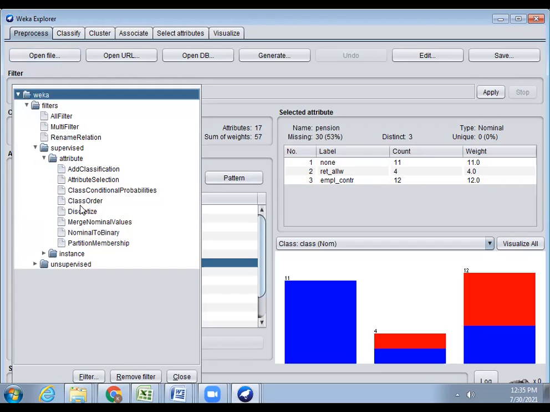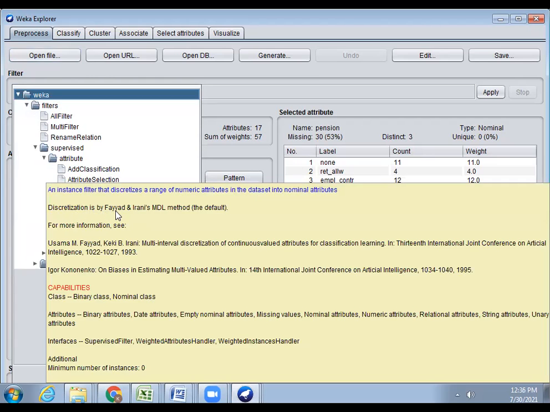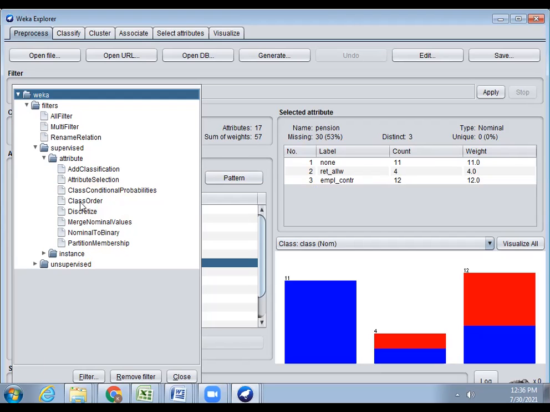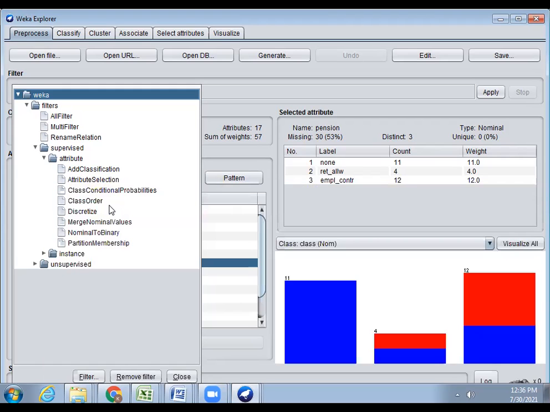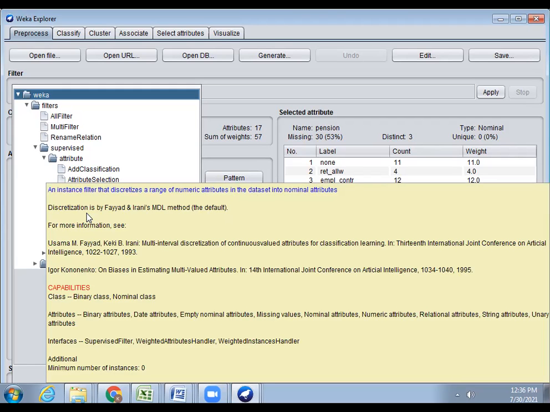Here we note on the menu that the corresponding meaning of discretize will be displayed. It is a filter that discretizes a range of numeric attributes in a data set into nominal attributes. So this is one way of converting numerical attributes into nominal attributes.